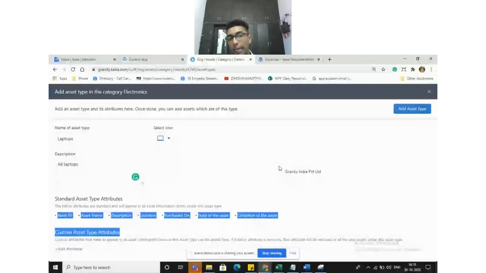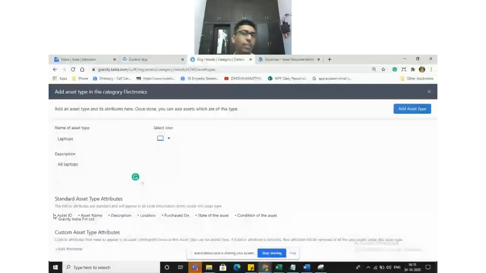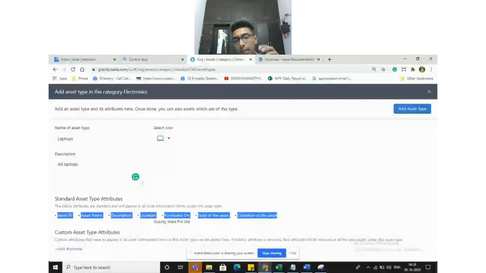Likewise, the assets can be familiar. What differentiates one asset from another, though they are of the same type, is the unique asset ID. These are predefined attributes in the system, like asset ID, asset name, description, location, purchased on, state of the asset, condition of the asset. These are fundamental, mandatory, required attributes.